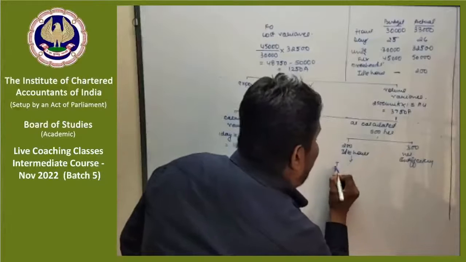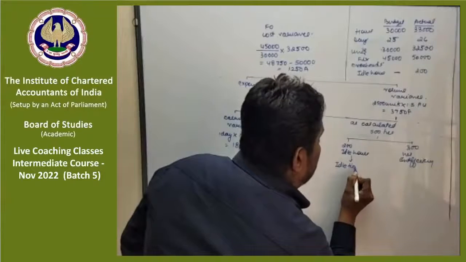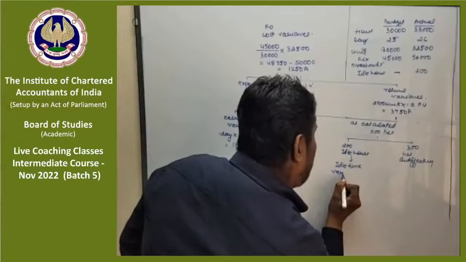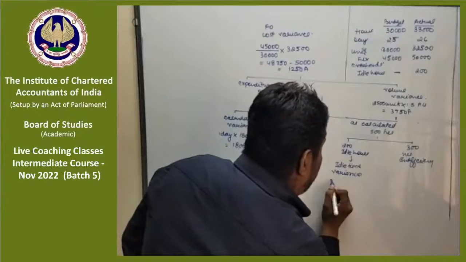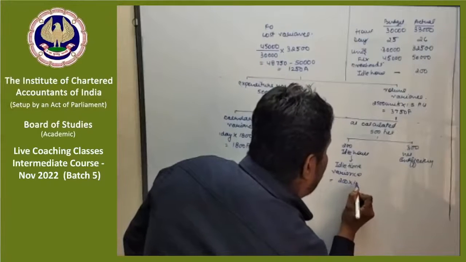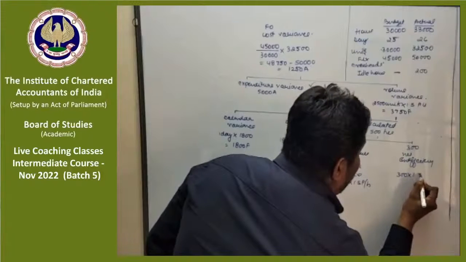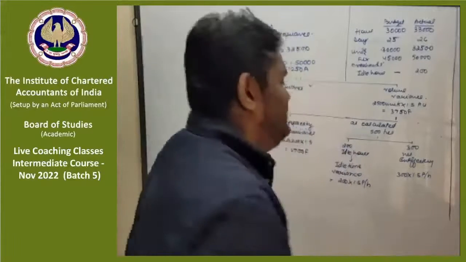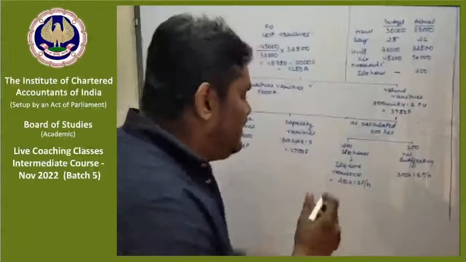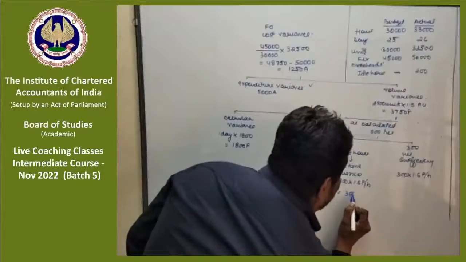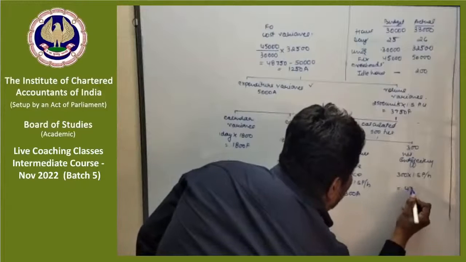So we will calculate idle time variance, that is 200 into 1.5 per hour, and 300 into 1.5 per hour will be the inefficiency. So this is how the idle time variance will be calculated, that is 300 adverse, and 450 adverse will be